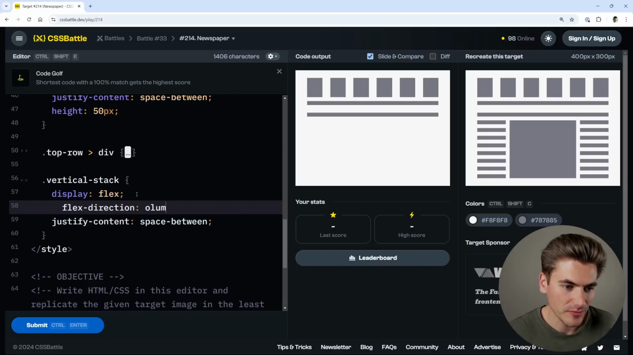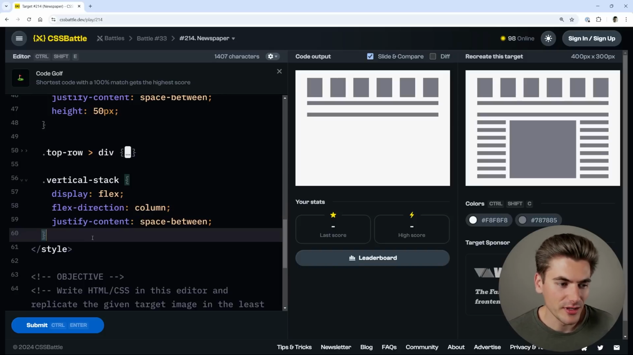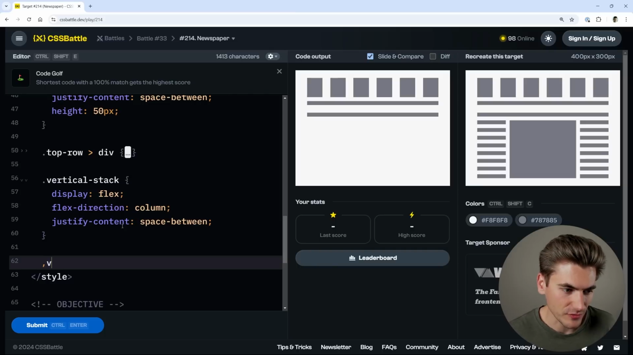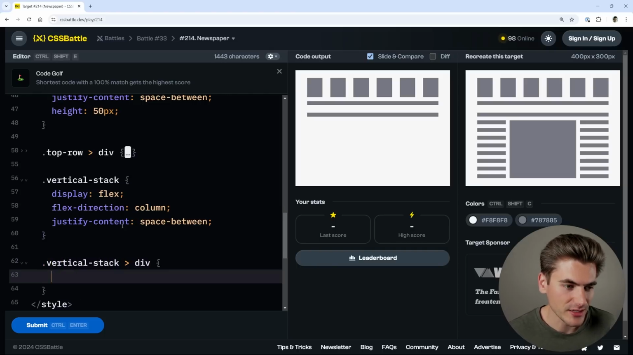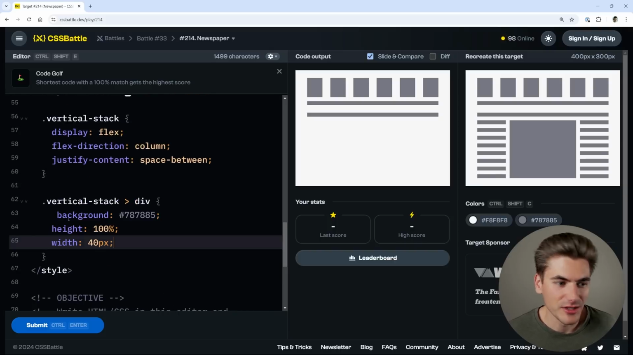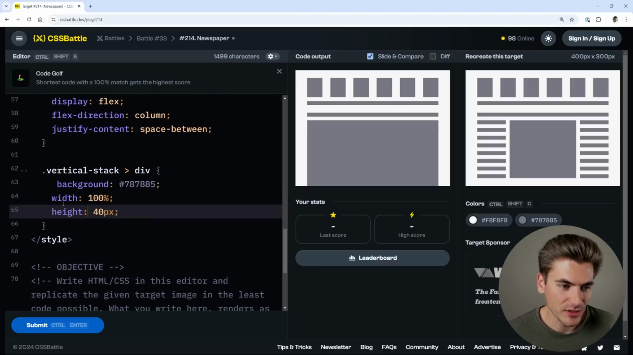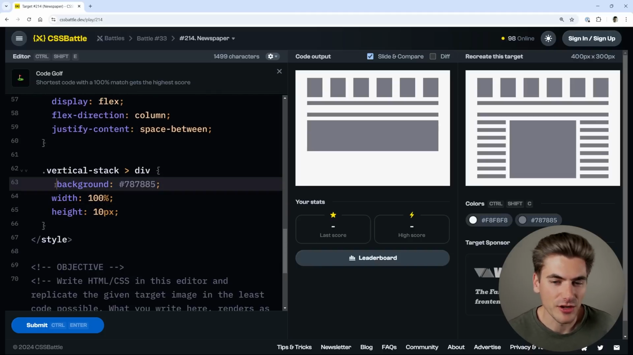to be column. There we go. So that way they can stack vertically between each other. And then all we need to do is just get the items inside of here. So vertical stack, get each individual div inside of there. And again, we're going to do pretty much the exact same thing we did inside of here. But instead of the height being 100%, I want the width to be 100%. And the height is going to be 10 pixels because that's how big we know that those lines need to